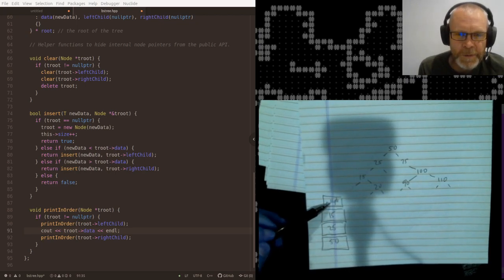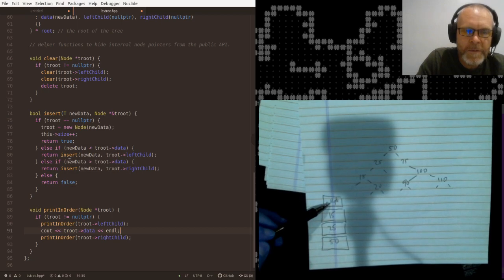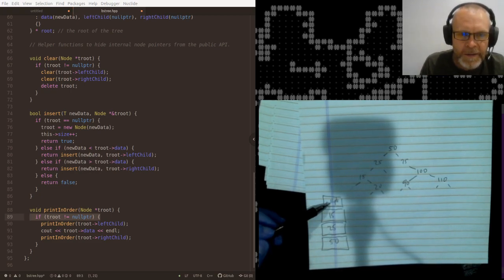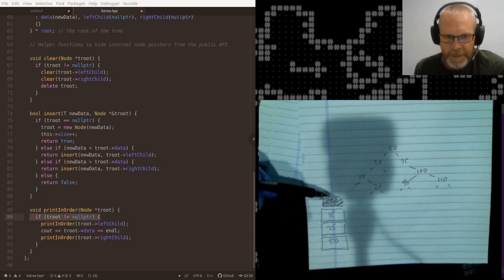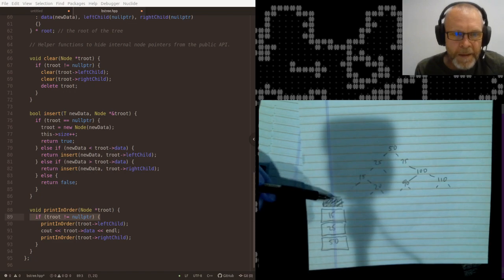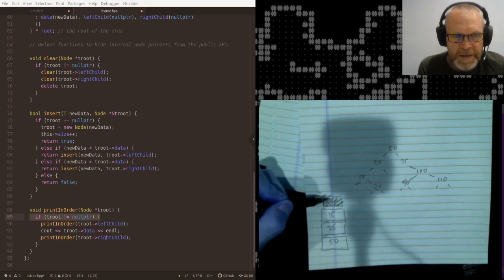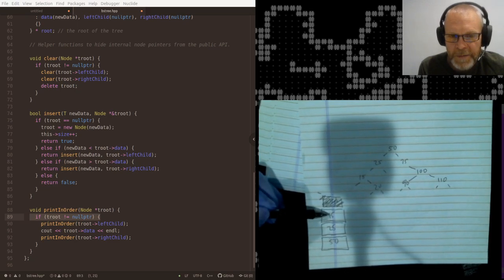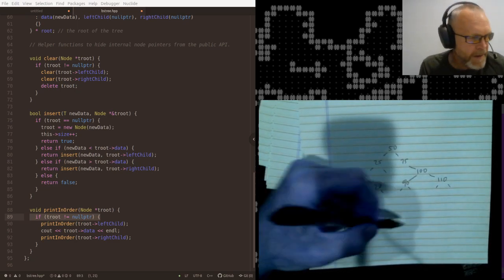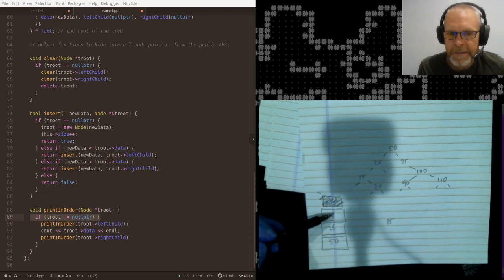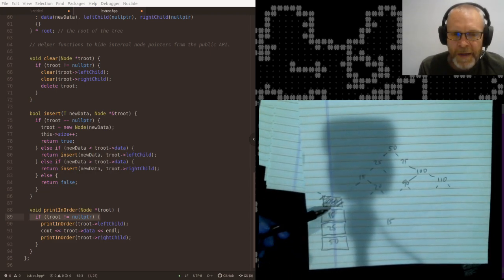So what happens if we try to print in order off of null? Well, if we try to print in order and I pass in a pointer to a temporary root node that's null, the if statement scrubs it off and nothing happens. So still nothing has happened. But now that we've gone down to the left of 15, we're going to do cout of the data here. So the first thing to pop out is a 15. And then right after that, we try to go right off of 15,